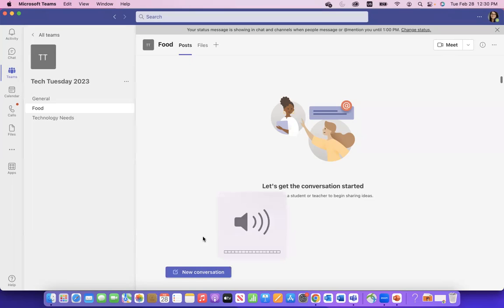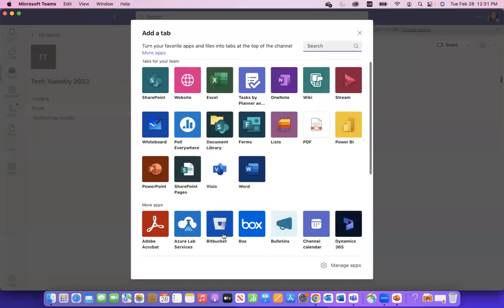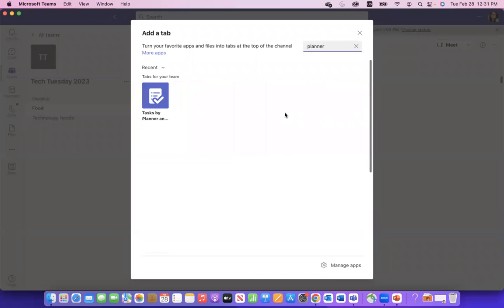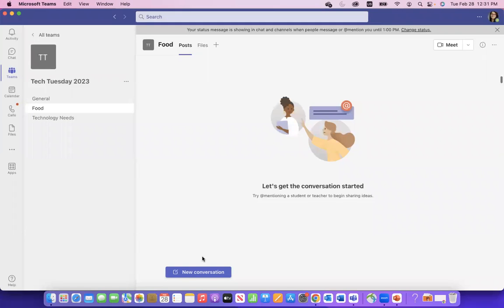A good starting point would just be to add a tab. Some of the default apps that are already available in tabs might be like Planner, I think is one of them, unless they changed it. Or something similar to that. And you can look into the add-ins as well. And again, Joel, feel free to shoot us a ticket and we'll help you look into that. Thank you so much for taking that one on. Yeah, there's a lot of available add-ins that you can integrate as part of Teams, and Raphael's team is definitely the right place to go to ask questions about that.